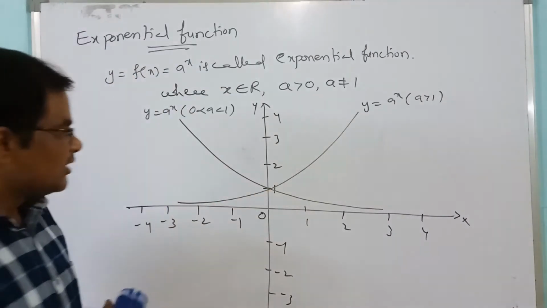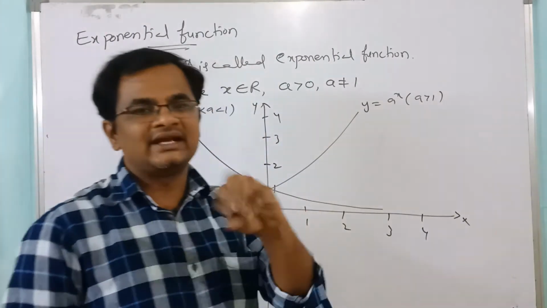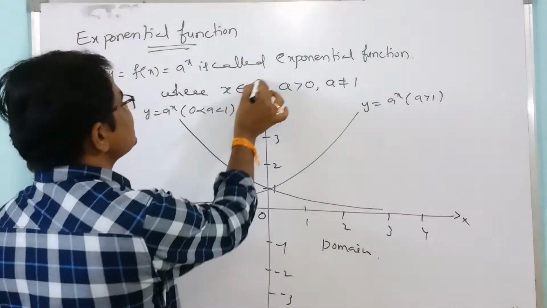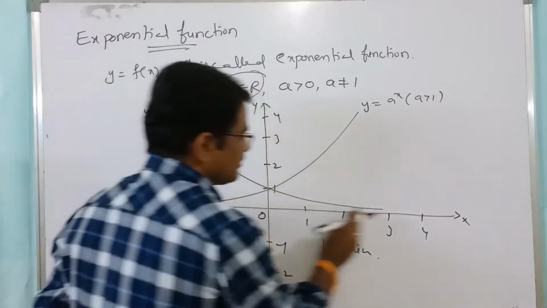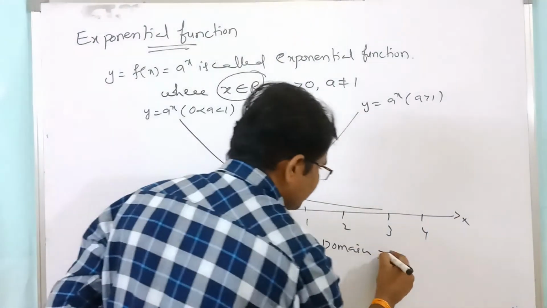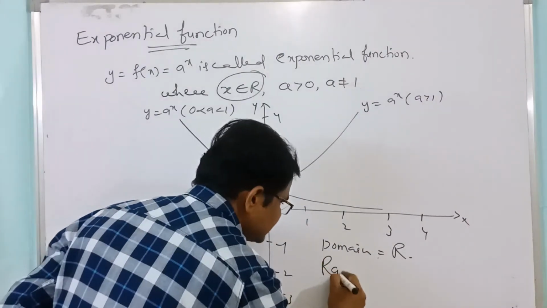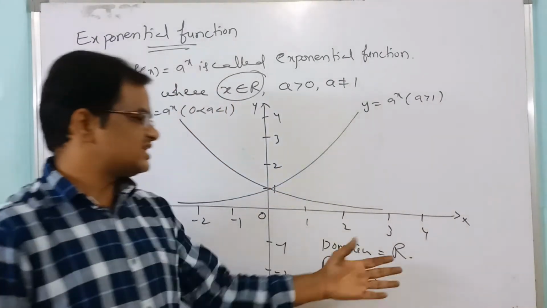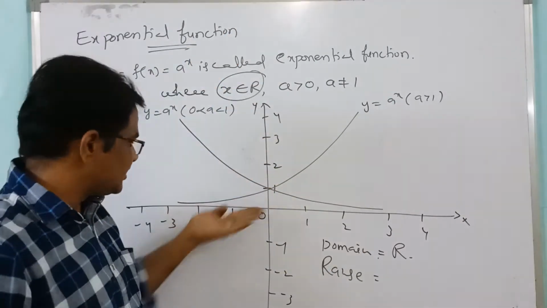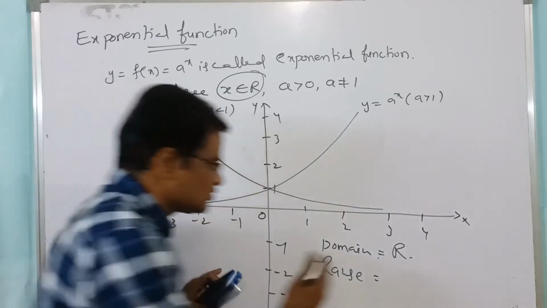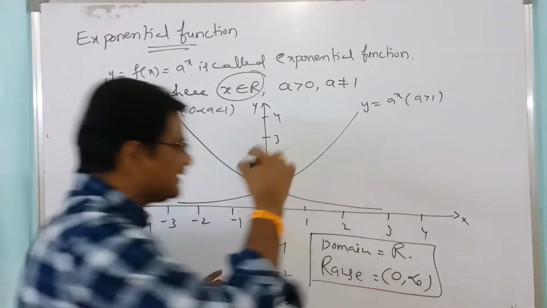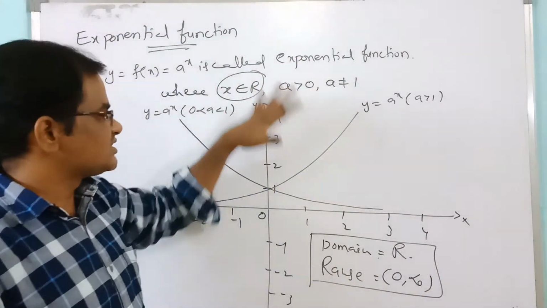By this, identify the domain and the range. What is the domain of the function? See, already you have taken x belongs to real numbers. For any real number you take on the x-axis, a y value exists. So that's why the domain is the set of real numbers. What about the range? For these real numbers, the y values exist from where to where? From here to infinity, but it does not intersect the x-axis. So that's why the open interval 0 to infinity. So this is the domain and range of the exponential function and its graph.